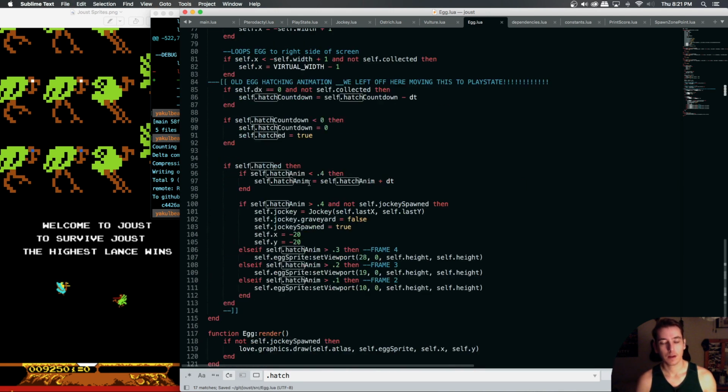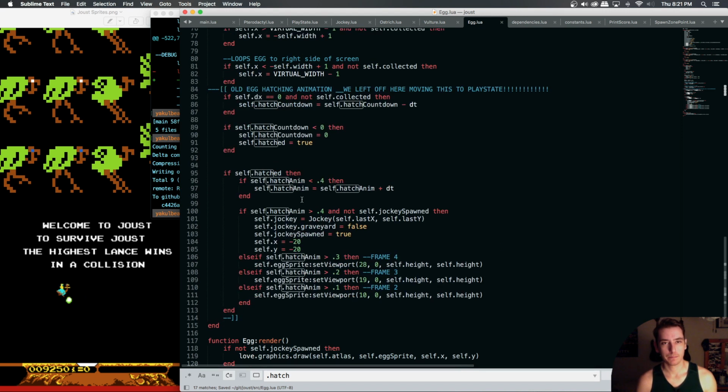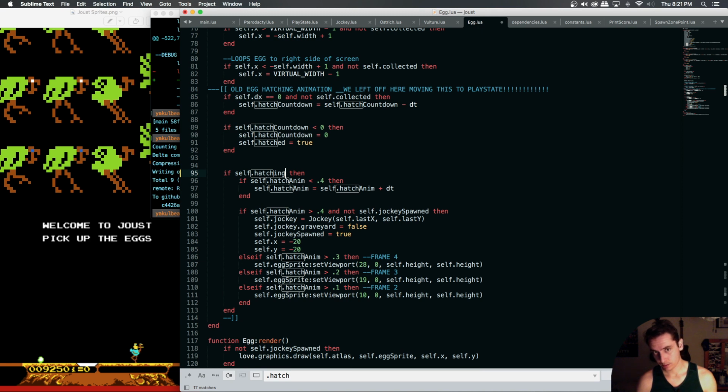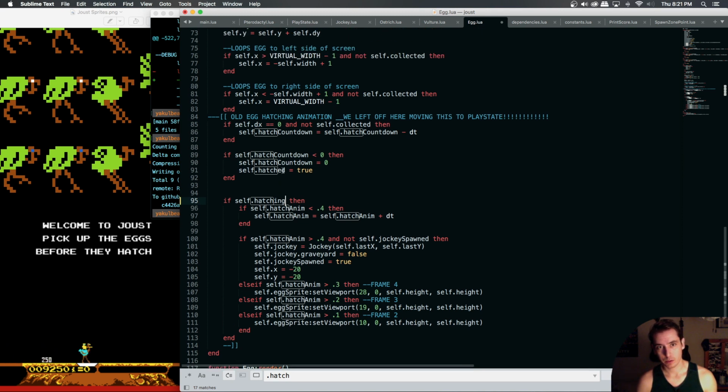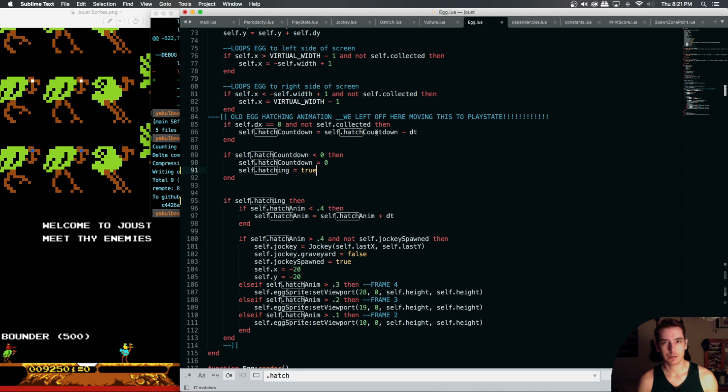Okay. And if we're hatching, that means we're in the process of hatching. So we need to change this. Hatching gets true if the hatch countdown is smaller than 0. If we start the hatch countdown, if we are